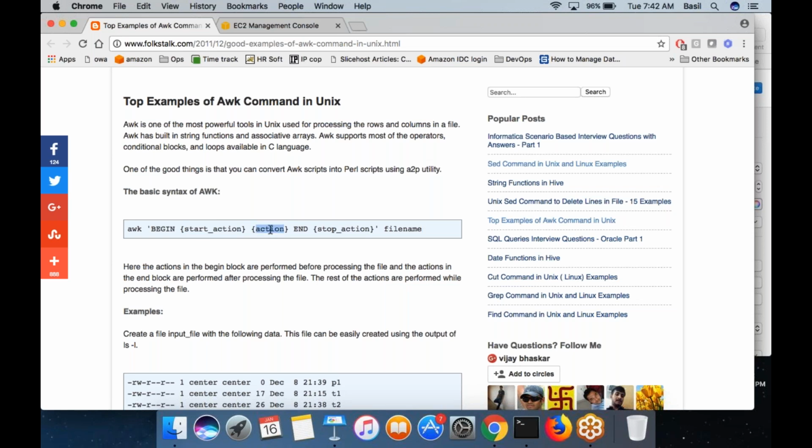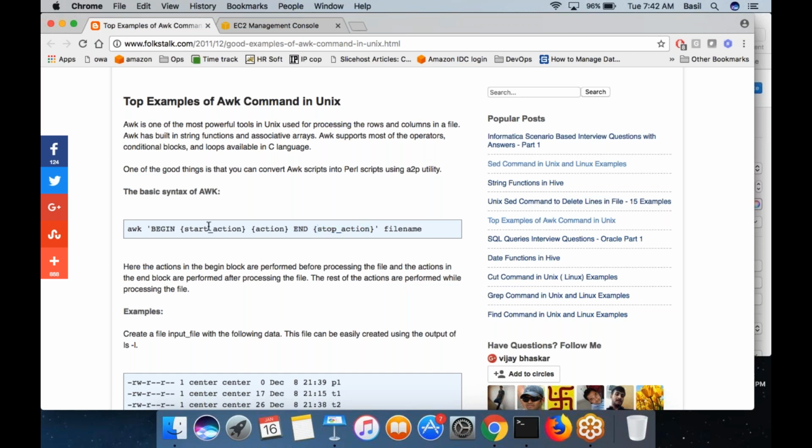Then for each record the action runs. At the end, after all actions have been completed and all records have finished processing, the end section executes whatever commands you put inside it. They run once.